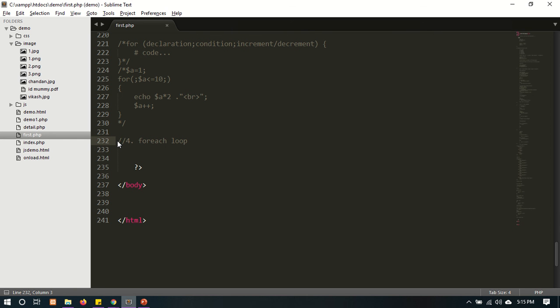Suppose when we read the array, that time we will see the for each loop in detail. In the for each loop we are passing the values or the index of an array as a value. We are setting the index number as a value in the for each loop. The syntax for the for each loop is